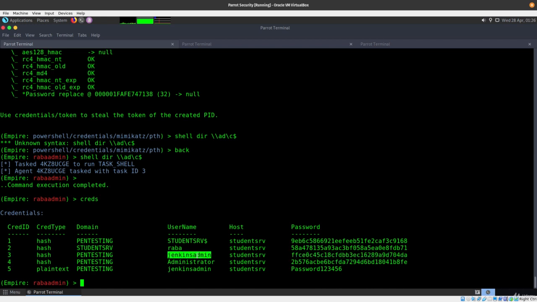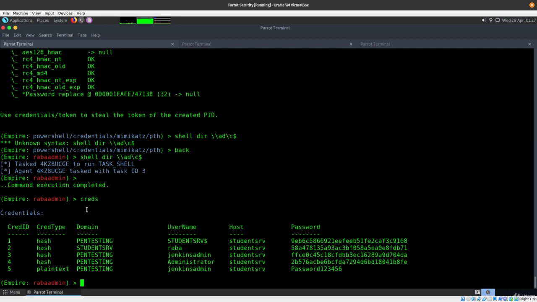We're going to try to use this user because he has admin access from Empire. So we can try to do some dcsync attack, dcshadow attack, and just try to get the hashes from everybody. So let's go ahead, and since we want to use that, what you could have done is